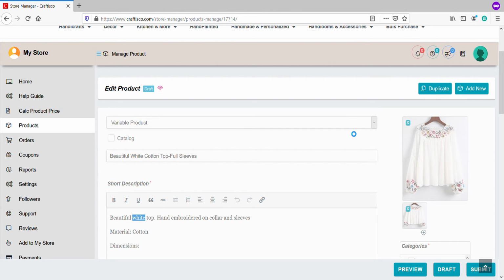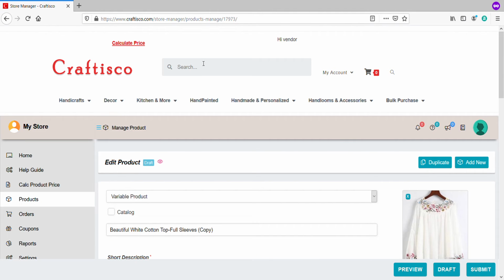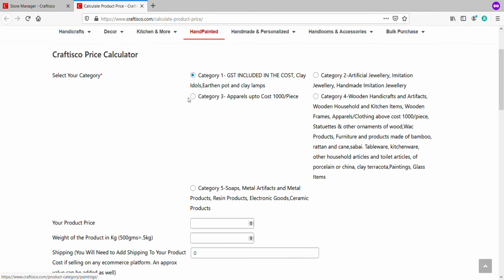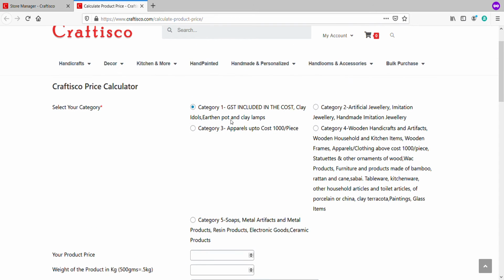So you have a duplicate product, and every time we always mention, whenever you are creating a new product or doing a duplicate product, always do a calculate price. This will calculate the selling price of your product on Craftersco. So this is very important. Here we are going to select the category under which your product falls.